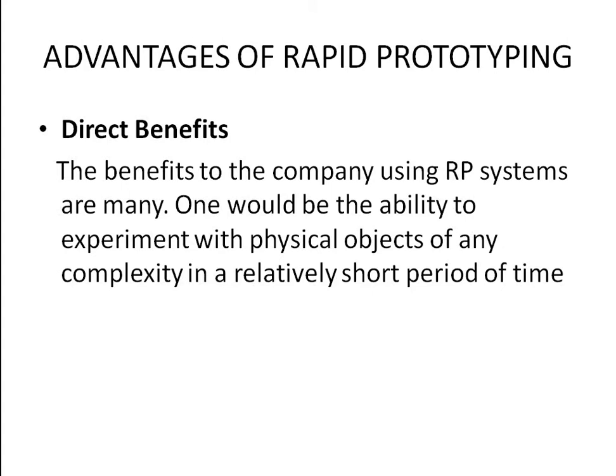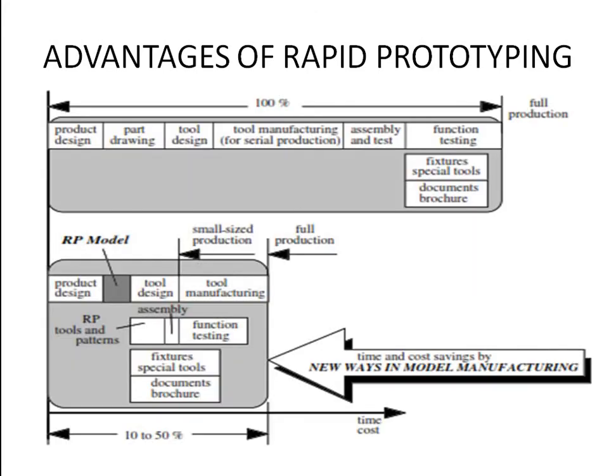3D printing means you can make it generated from CAD software. And from CAD software, if you want to see it physically and make assembly constraints, we can directly generate the 3D printer model, and the physical model will appear within a fraction of hours. We generate that particular model, discuss it and finalize it. This is the benefit to the company using rapid prototyping. Now this is an example of how rapid prototyping is useful to the company.